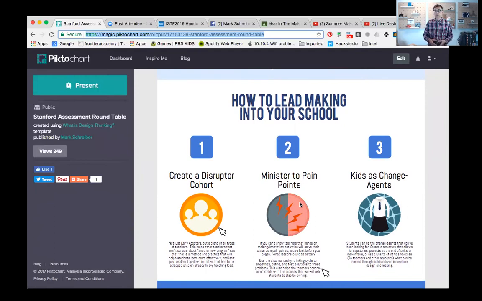That's a good thing. Pain points. Once again, we need to find something. We don't just need to add making to bolt it on to something. It can't just be 21st century shop. This needs to be something that changes the style of learning in your classroom. And finally, creating room even for students to bring themselves to the party, bring their ideas, bring their thoughts. What that does is it really helps them to become that change agent in your school.